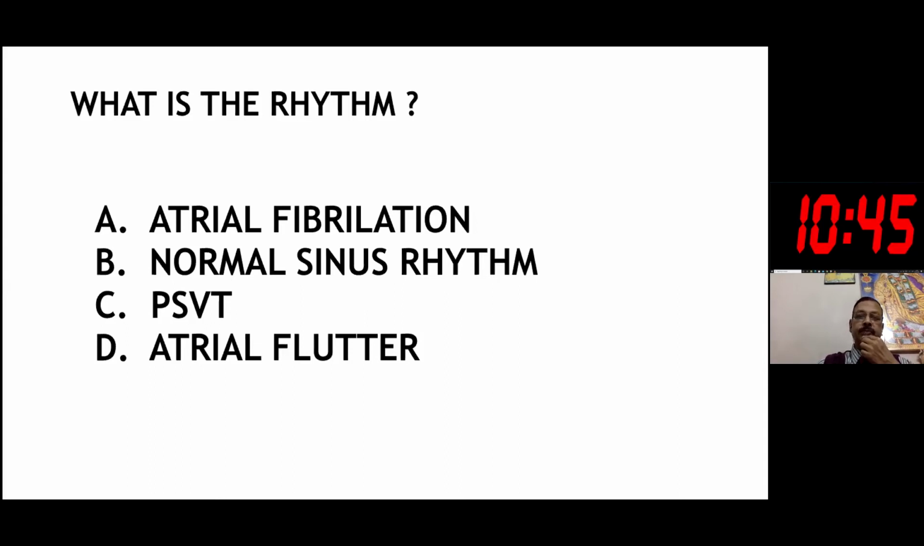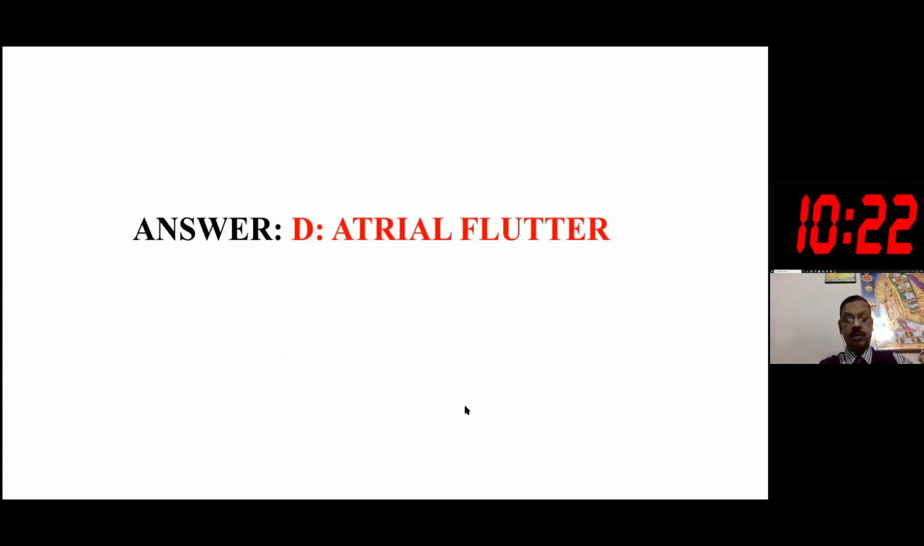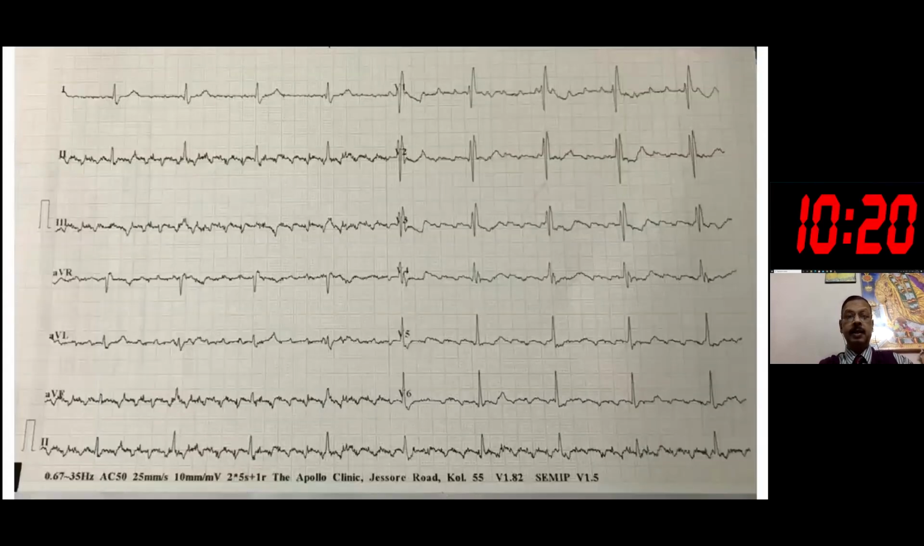You can submit your options in the voting window. Again, the majority, 31%, have given normal sinus rhythm, but the majority, 42%, is giving atrial flutter, and the answer is atrial flutter. See, this is the ECG of this patient,